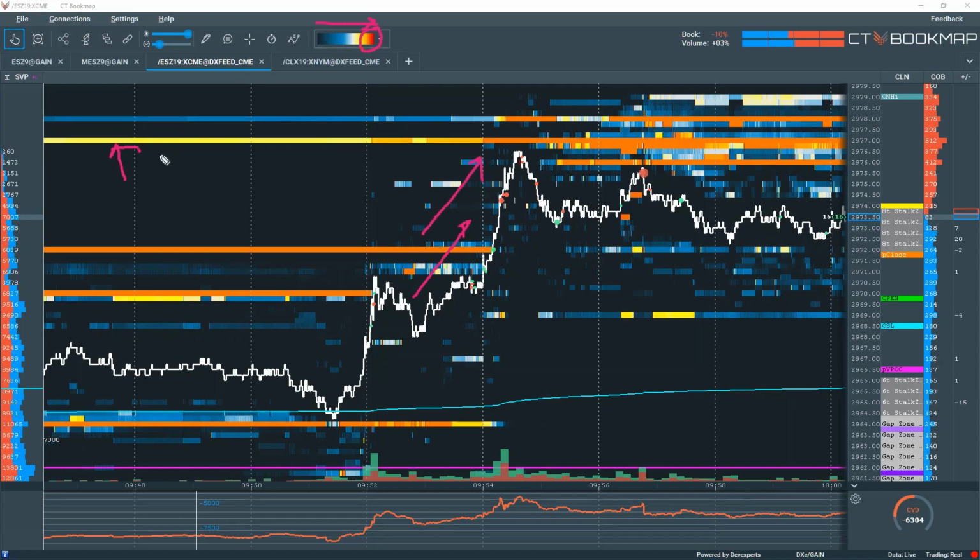What I want to see is white, maybe light blue, turning yellow, turning darker yellow, turning orange, turning darker orange as we see here, and potentially red. And what this is saying is that there's an intent to have that level trade. Okay, so this size that's sitting here, the 512,